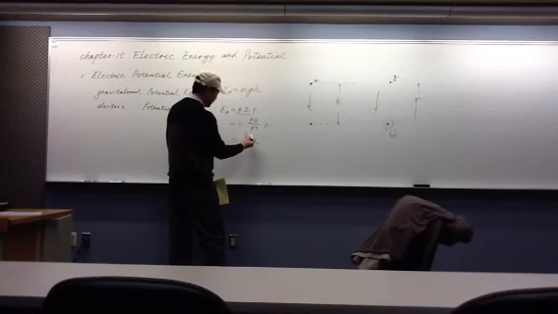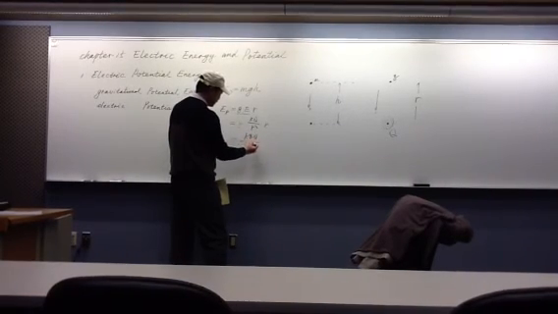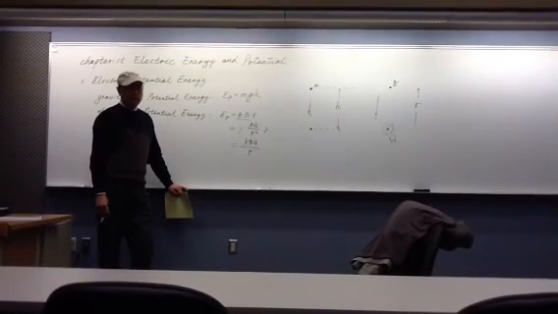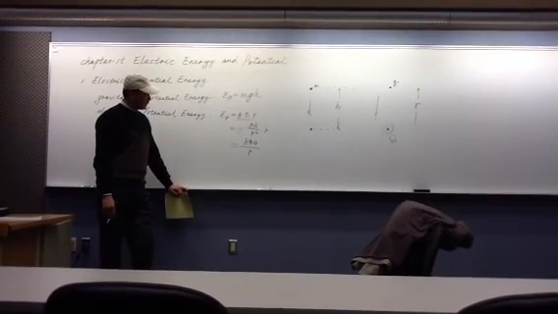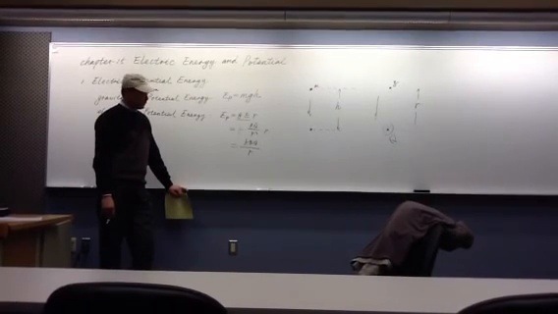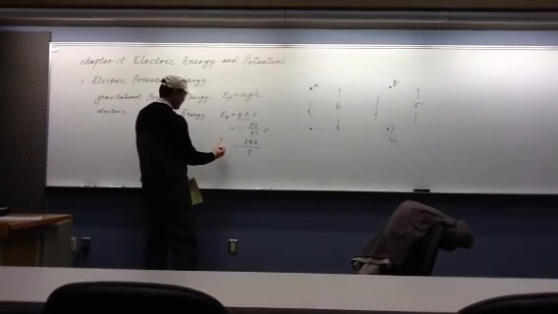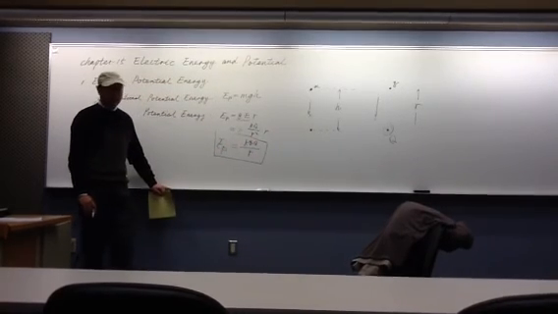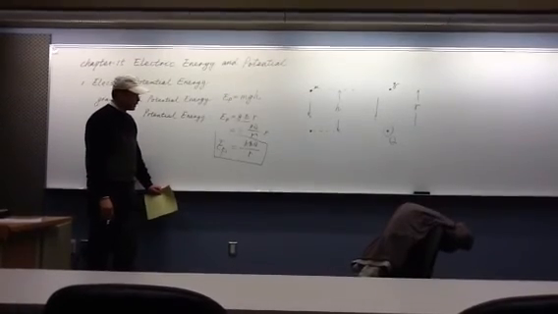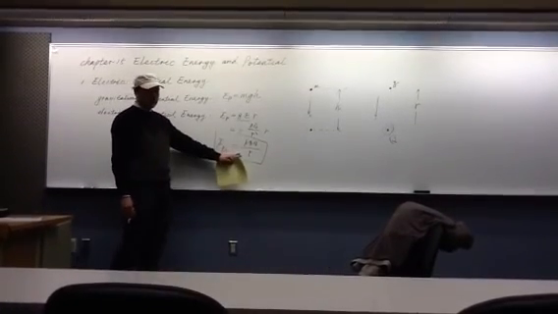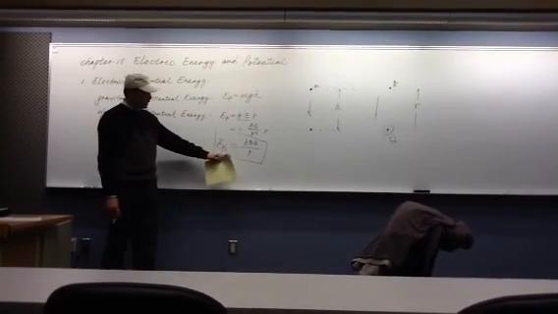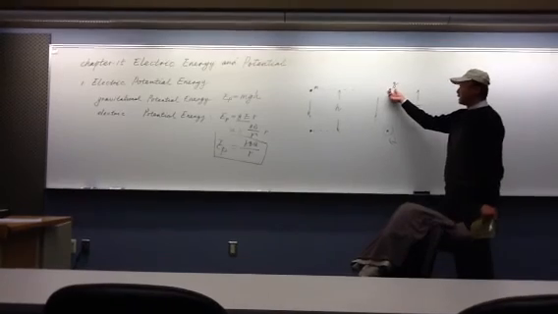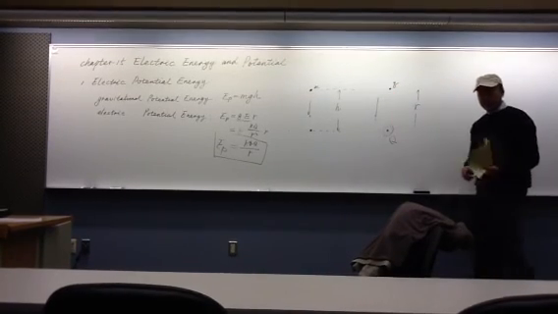Therefore, you have k, small q, capital Q over R. Okay, I just give a square on this one. That's what we get finally. Electric potential energy can be calculated by using this formula. And this is a special situation. We assume this is the source, this is the charge. And in the general situation,